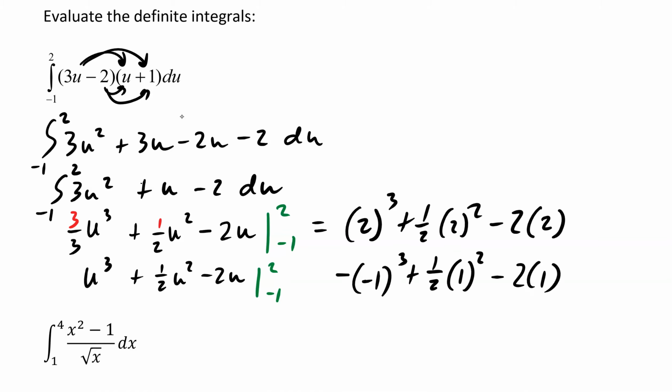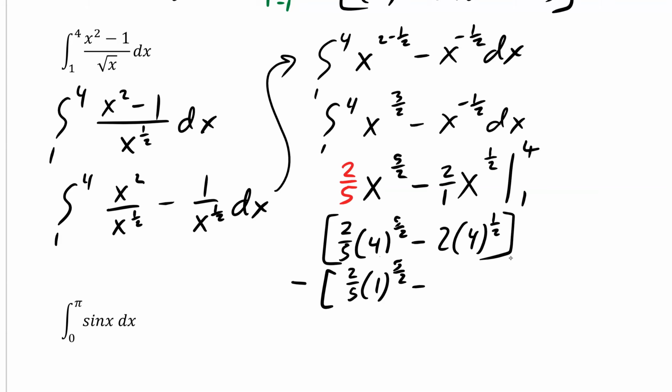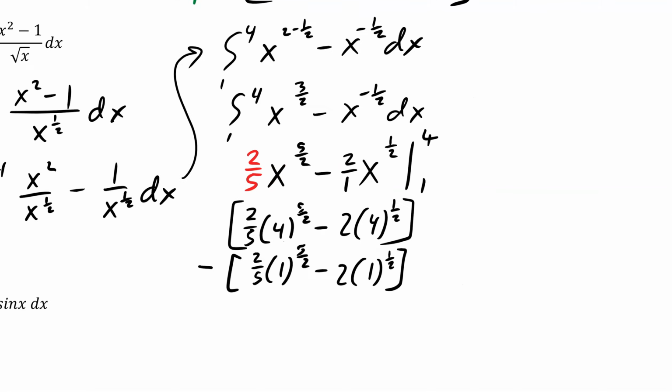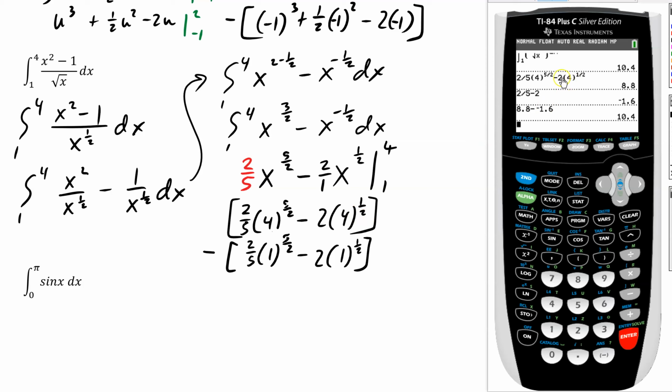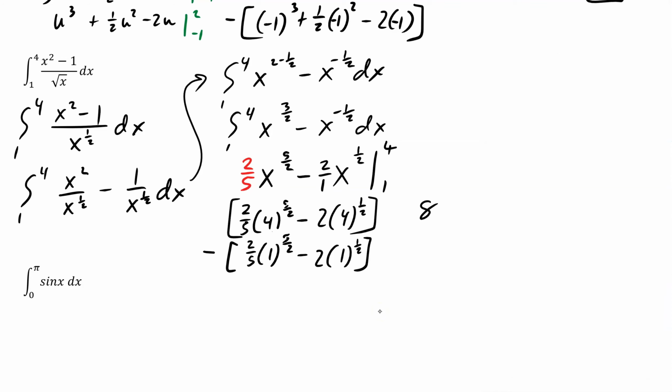We don't have to switch them back. And then we're going to subtract away the 1s. So this is 2/5 times 1 to the 5/2 minus 2 times 1 to the 1/2, and then we plug it in our calculator, just like before, to find out what we get. Okay, so our calculator says it's 10.4, and that's what we get by subtracting them. So we get 8.8 for the first, and then negative 1.6 for the second. Totals 10.4. So 8.8 minus a negative 1.6,